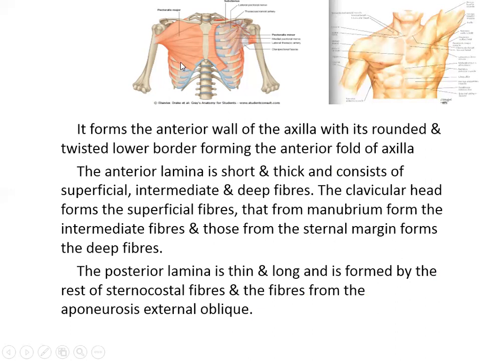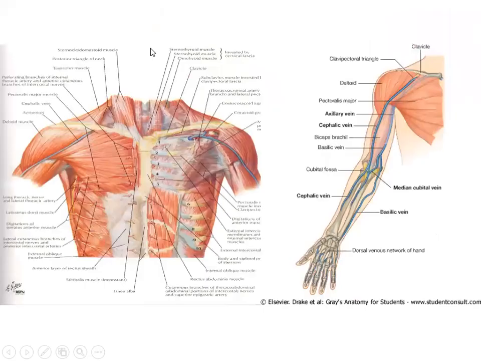Okay, so this is how the muscle has been inserted to this bone on the lateral lip of the bicipital groove. This kind of insertion with a broad origin and a small insertion will help in powerful movements of the upper limb. Here again you can see this is the pectoralis major muscle. This is the bulky muscle which forms the anterior wall of the axilla. This is the axilla here.